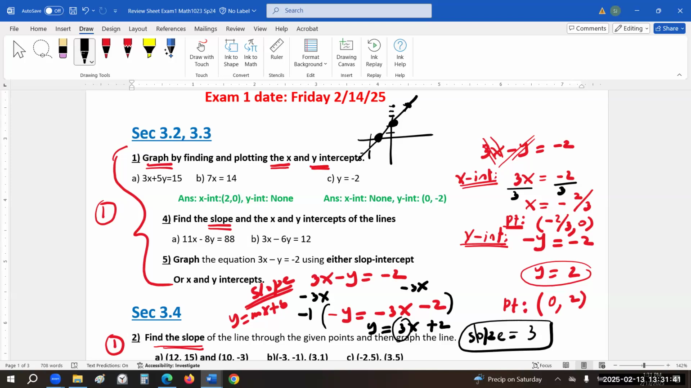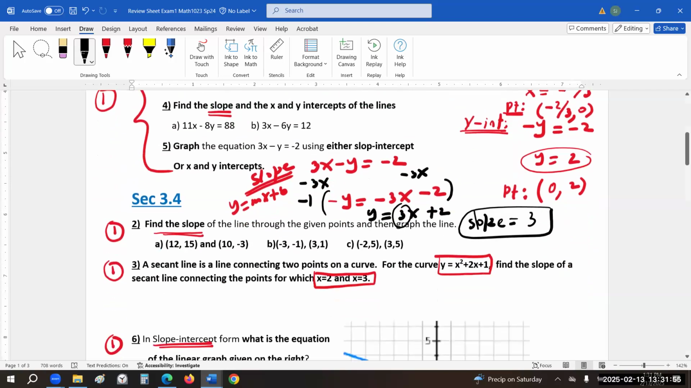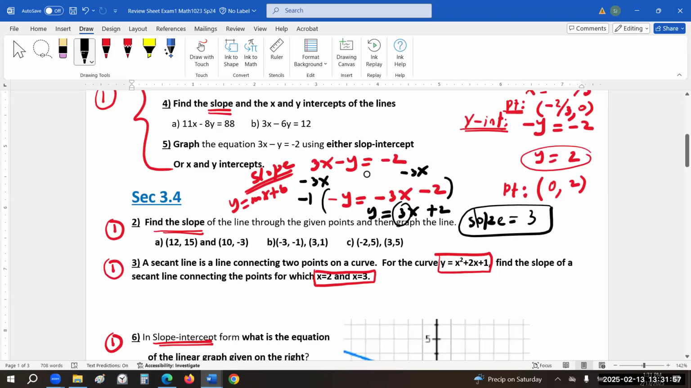So one question from 3.2, 3.3: you're going to find x-intercept, y-intercept, slope, and then graph. One question with 4 parts. Then from 3.4, one question from